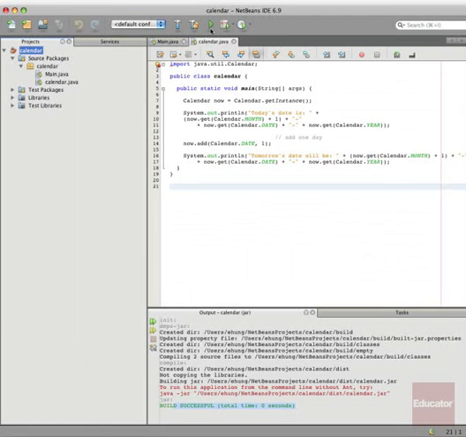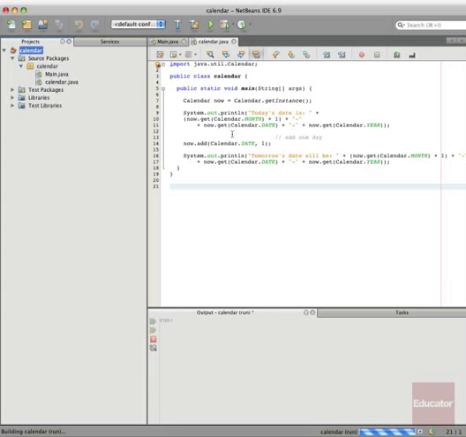Now let's try to run the program. All right, we get the output successful. Down in the output window, it says today's date is August 30th, 2010. Tomorrow's date, it adds 1, will be 8/31/2010. So we've just showed you how to do both. We've compiled it and run it from the command prompt, and we've compiled it and run it in the NetBeans IDE environment. All right, that's it for Lesson 2, and thank you for watching educator.com.